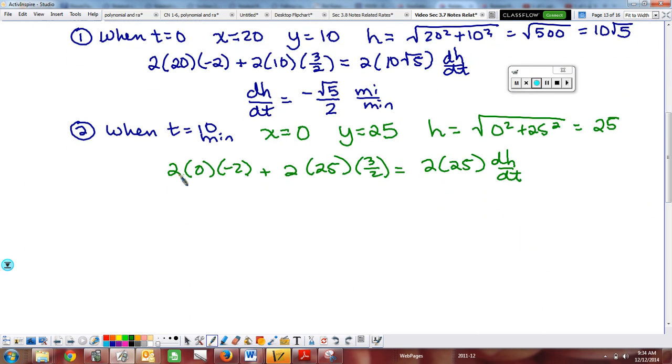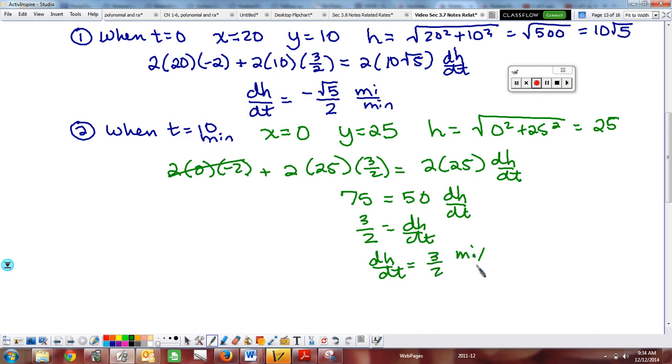So this, of course, goes away, and we can very quickly see we get 75 equals 50 dh/dt, so dh/dt equals, divide by 50, 3 halves. And so that would be 3 halves